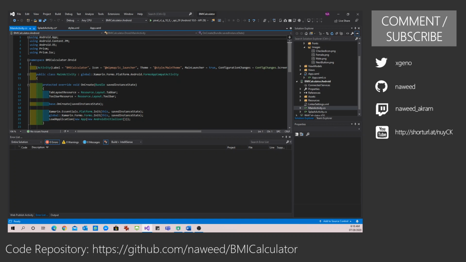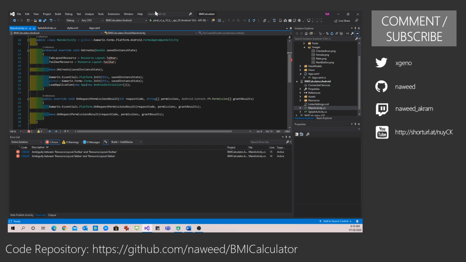In the main activity, the change that we have to make is, since we are defining the label over there, we can remove the label from this theme. We can keep everything else the same. Yeah, main launcher we need to remove because we have already configured that at the splash activity level. With this, now if I run the application,